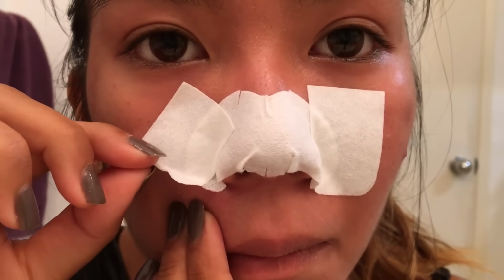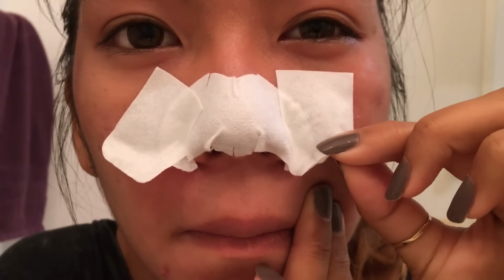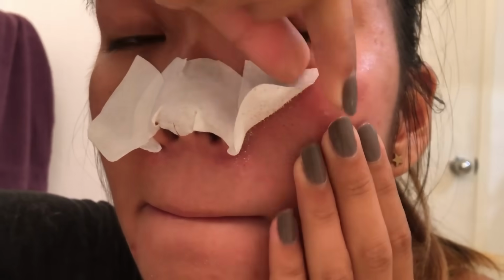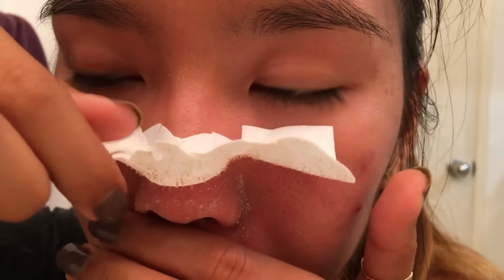So what I like to do is peel the nose strip in an upwards motion. Start from the bottom and peel upwards so that it pulls out all of the blackheads. Go slowly, it can hurt sometimes, but just take your time when doing it. You might want to hold your skin taut to make it easier to peel it off. It might also leave some residue on your nose, as you can see in this clip, but that can be